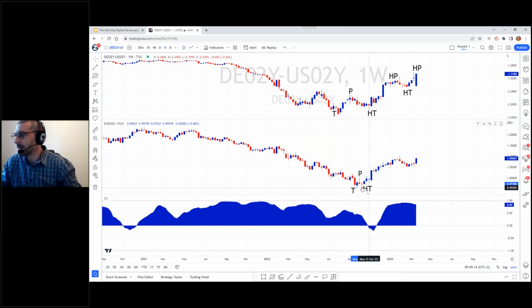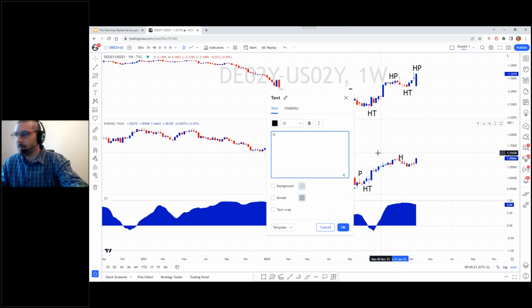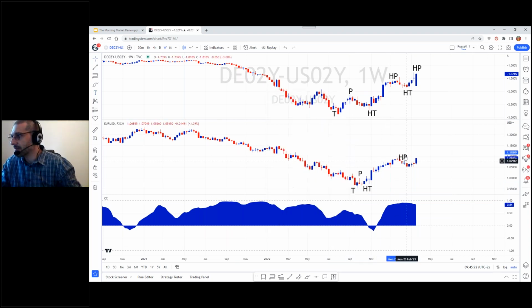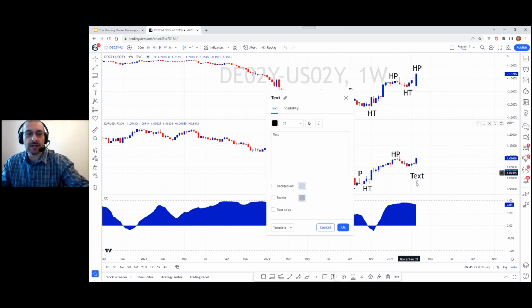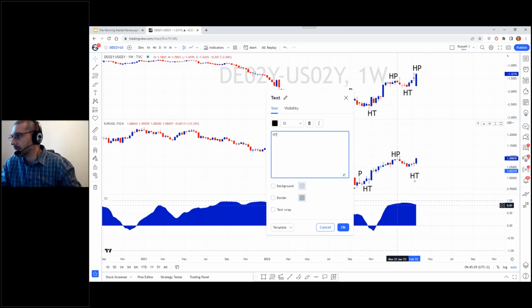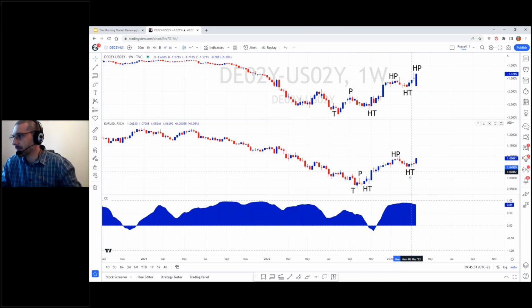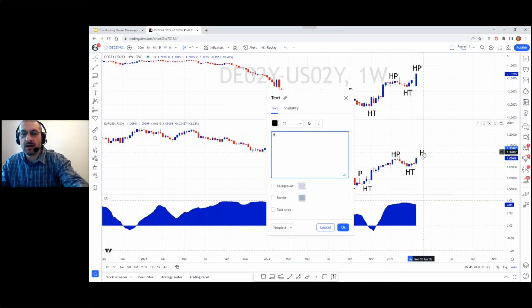Let's pull it a bit up. We can put in the higher peak here. I'm being a little liberal with the labeling, but it's capturing the trend nonetheless. Here is the next higher trough. There's 2 points I've missed here. It doesn't matter. There's a high peak there, high trough there. And then now we can put in HP question mark over here. But by and large,